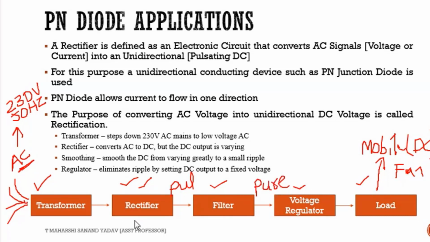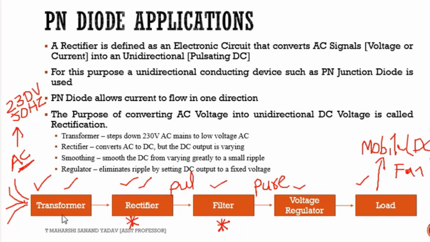First we shall discuss the basics of the transformer, like how many types of transformers there are. Next, rectifiers as well as filters are the important concepts from which you can expect long answers. If you are perfect with rectifiers, you will easily understand filters. But before understanding rectifiers, you need to understand the working of the PN diode. All are interrelated here.